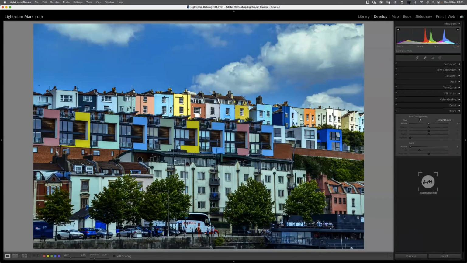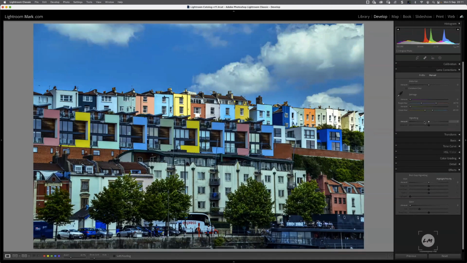So post-crop vignette. So you get two different types of vignette. I think it's in the lens. Okay. So we get vignetting here under lens correction. And that is the vignette. So you're making the corners black. That is on what you see. Okay. So if I did a crop,